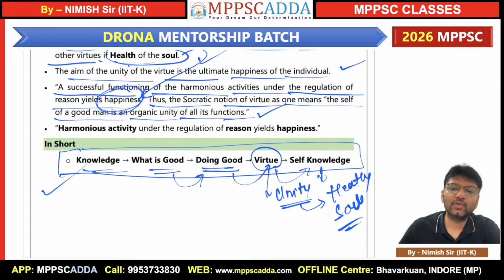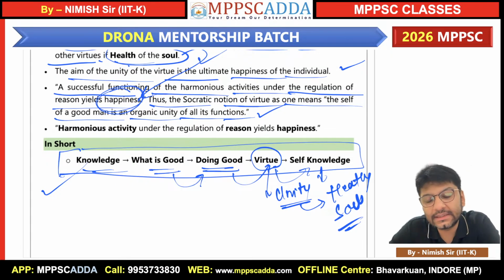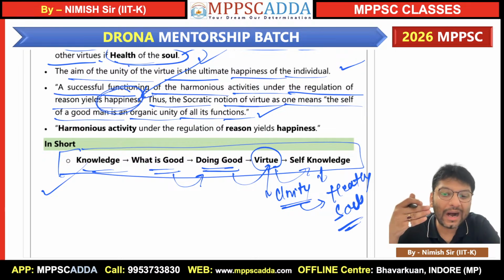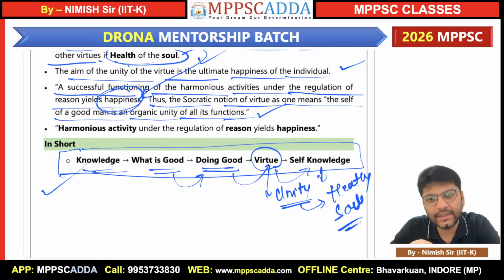सो आज की क्लास का जो मोस्ट इंपॉर्टेंट टॉपिक था सॉक्रेटिक एथिक्स का, that is virtue and knowledge. This I have covered in today's class. In the next class, we will try to cover some PYQs. I will tell you how to write these answers in the examination. So please उस क्लास को जरूर देखिएगा एंड सीखिएगा कि कैसे एग्जाम में इस आंसर को अच्छे से लिखना है।